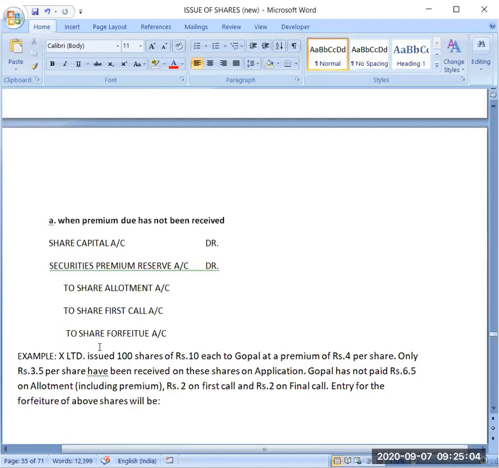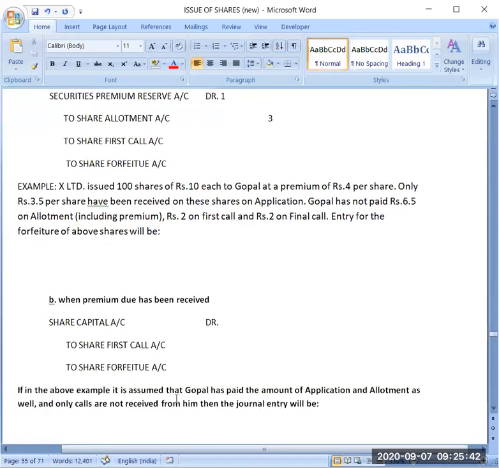One query is there, sir: into share allotment, will we exclude or include the premium amount if it is there? In this amount, we will include the premium. It will be written as 3, whatever the amount. Don't get confused, I am just talking about allotment right now. Yes, please, the journal entry for forfeiture is clear. We will be doing a question also, it will make you more clear. But first, see whether the journal entry is clear or not. Okay. Now see the question.